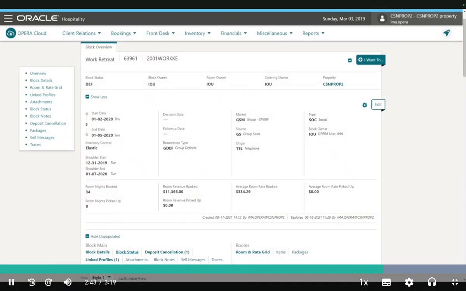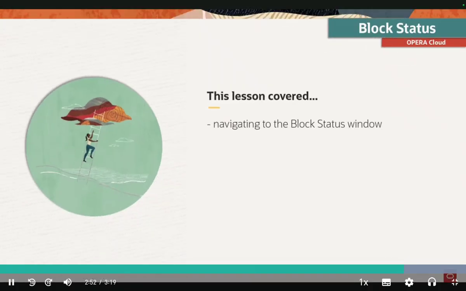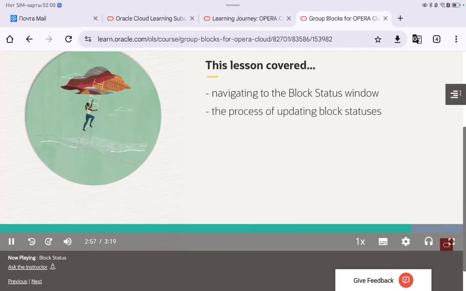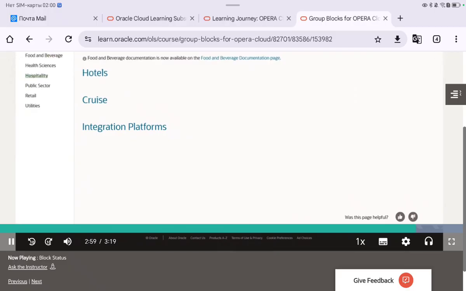You should review your property's processes and procedures to determine how block statuses impact the way you use Opera Cloud. This lesson covered navigating to the block status window and the process of updating block statuses. For more information on Opera